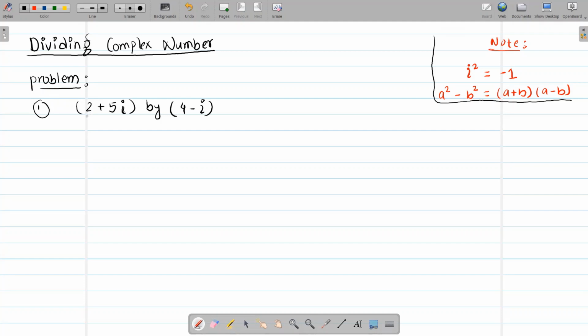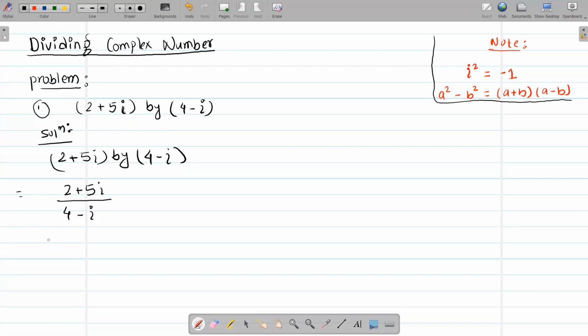We have 2 plus 5i by 4 minus i, right? So "by" simply means we can divide. So 2 plus 5i divided by 4 minus i, right? How are we going to divide the complex number? So we can say